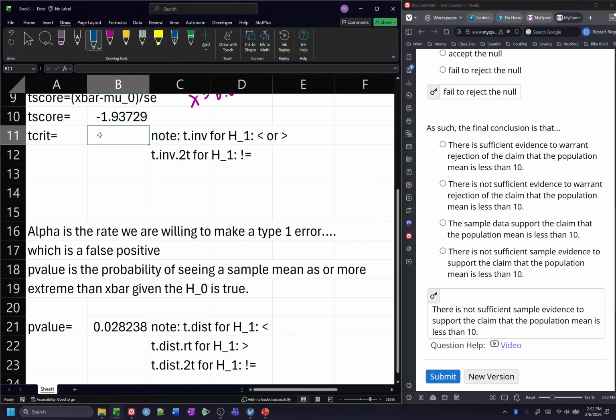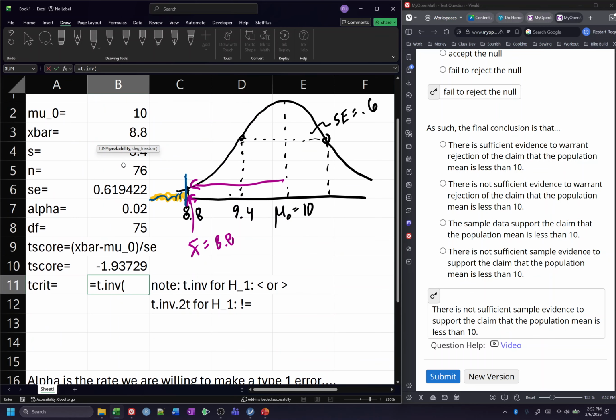Okay, so how do we go through and do this? We're just going to click in here and do equals T.INV. We need to put in a probability. The probability we're going to put in is the alpha to calculate our t-critical. That would be how many standard errors away from the mean we can go before we reject the null hypothesis. So we put in our alpha and our degrees of freedom,